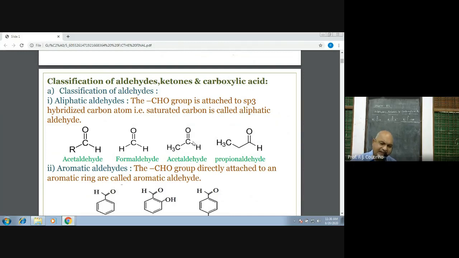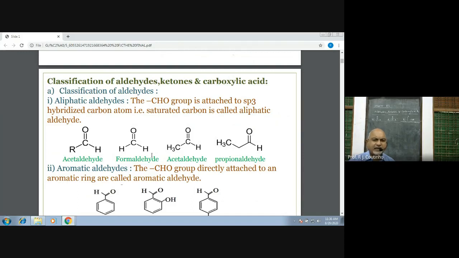It is acetaldehyde. Right? When we study IUPAC nomenclature, definitely we will say this is ethanal, this is propanal, this is methanal, because of one carbon. So one carbon is methanal, two carbon is ethanal, three carbon is propanal. So that is IUPAC nomenclature. But in common names, it is formaldehyde, acetaldehyde, or propanaldehyde. Did you get this? So very simple.